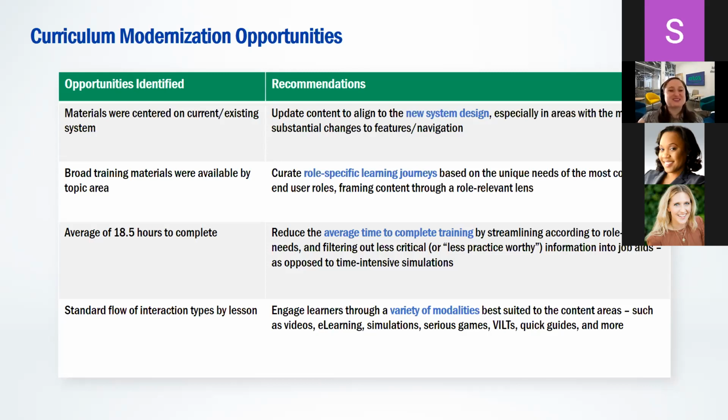So our goal is to not only reduce the overall average time to complete training, in terms of how much is their total. If someone were to complete all of it, we want that number to go down. But then we can also streamline according to role-based needs, filtering out the less critical information into job aids as opposed to time-intensive simulations. And when we put there in parentheses, less practice-worthy, it means it's not that it's not